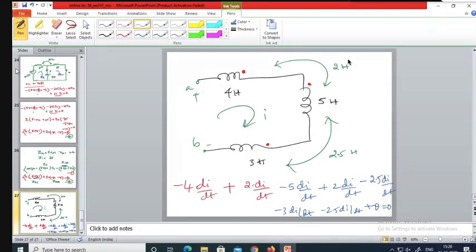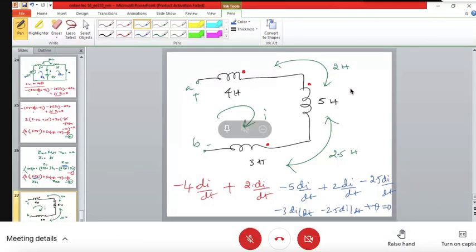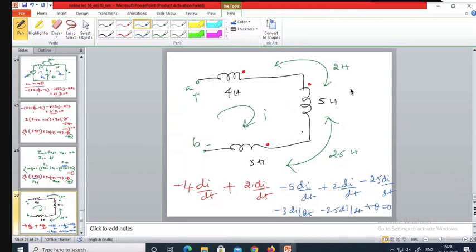In the next class, we shall take up the Laplace transforms, the fundamental things. I will leave it to you: the initial value theorem, the final value theorem, and Laplace of